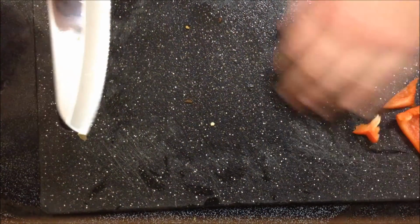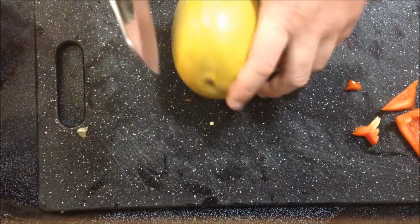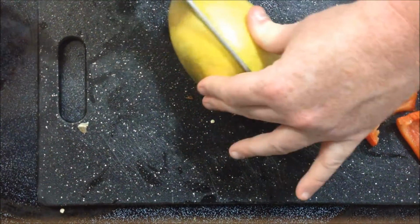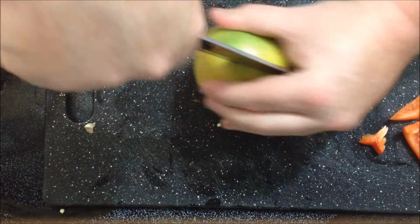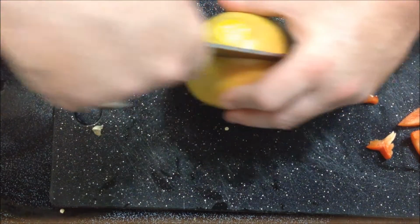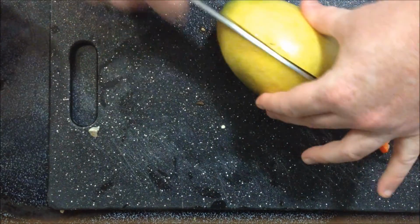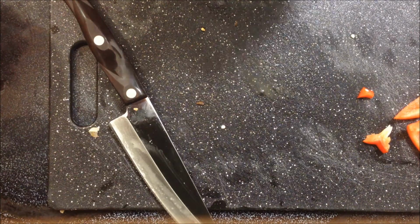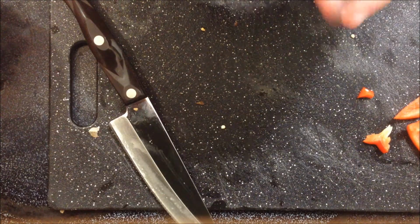So with that, now it's time for the mango. So I'm no expert in dealing with mangoes. I'm sure there's people who are better than me. So I'm going to cut this to the best of my ability. I don't work with them too much, but yesterday I made this salsa, and this is something I was actually going to show you yesterday, but I kind of forgot. And I didn't do it. So naturally,